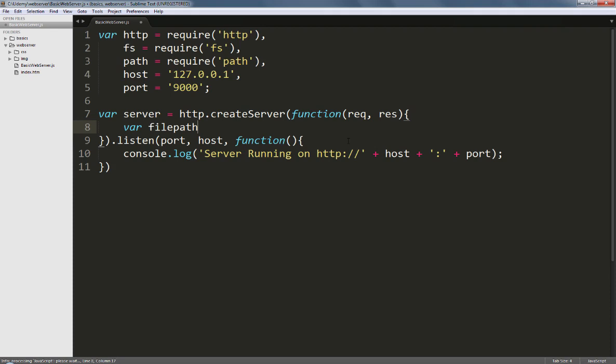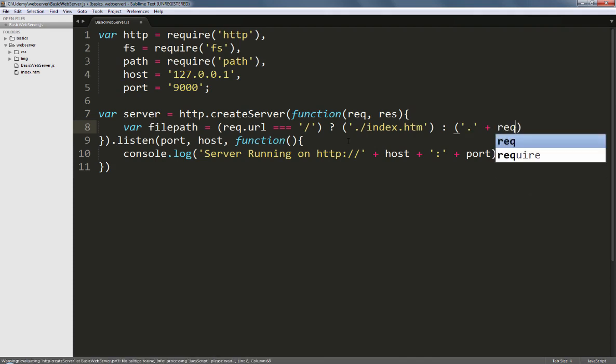To do that, let's create a variable called filePath and we'll say if req.url is a / or the root of a website being served, the file name that we want to serve would be /index.htm. Else, it should be the specific name of the file being requested.